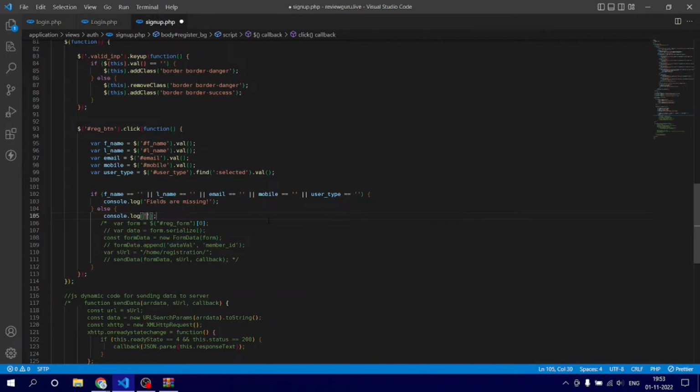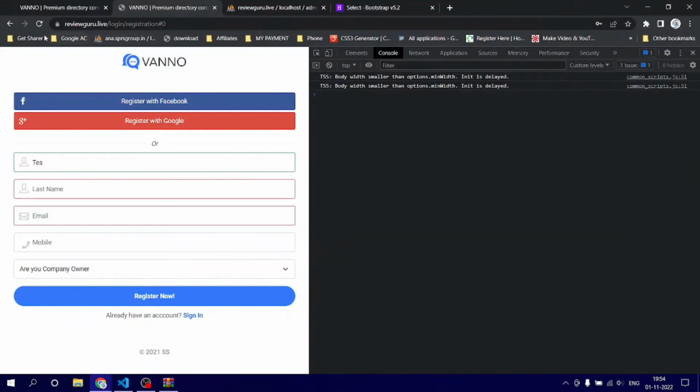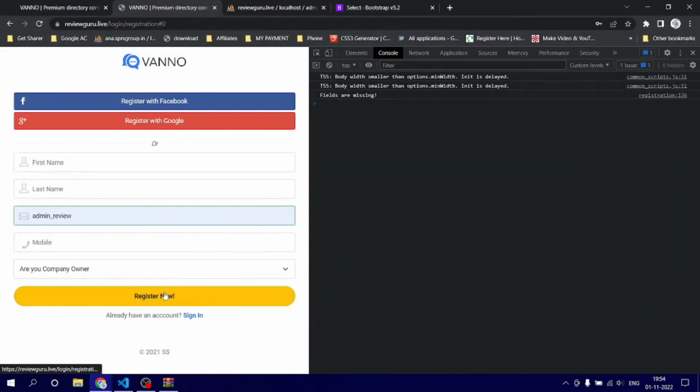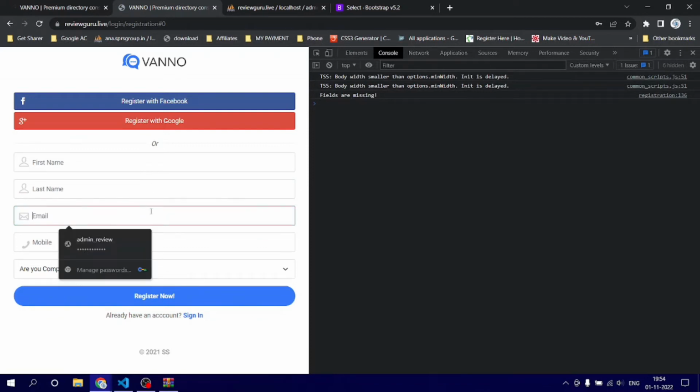Just mention it here. Okay, now what we need to do, just reload this button, and then if I click this thing, fields are missing. We don't want to make it here, because we need to show a viewer, or a registrar, or a user, that they are supposed to fill this form. To do that,